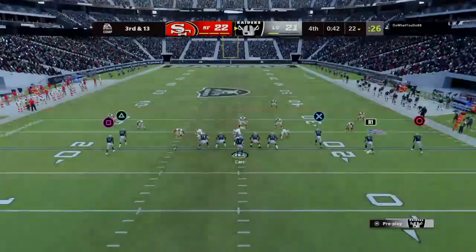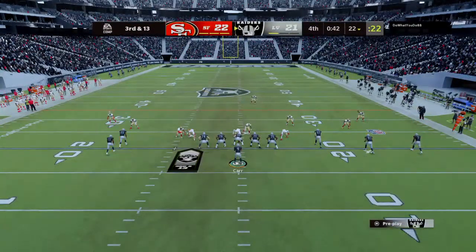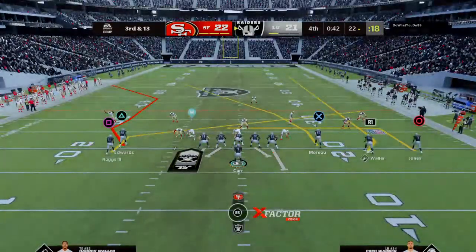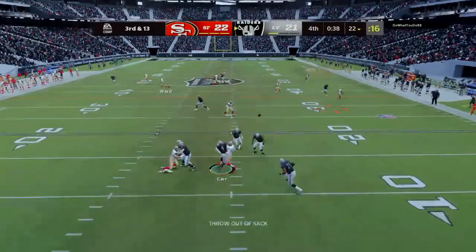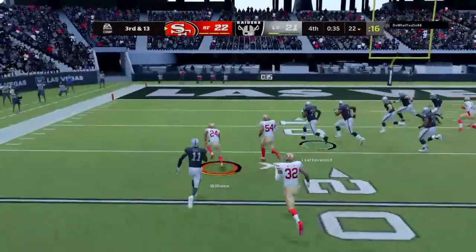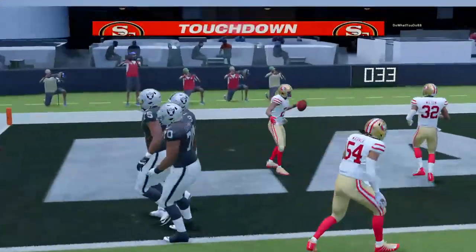An extra DB for the 49ers now on 3rd. Carr. And, a crusher there as it's intercepted. Picked off by Kwan Williams. And into the